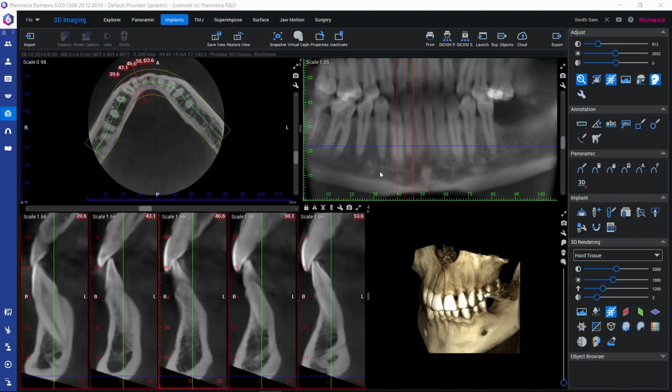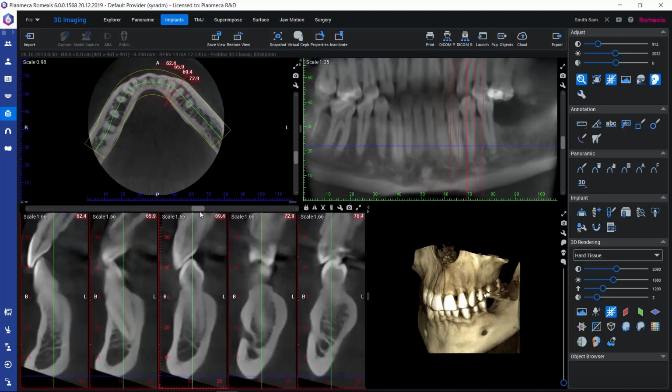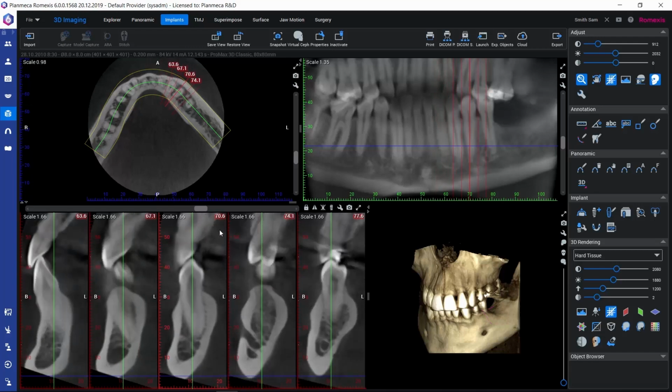So for example, if we can recognize the nerve canal well here in the panoramic view, we could mark the mandibular nerve there. Often it might be more accurate to mark the nerve here on the cross-sectional slices, so we could start by browsing these cross-sectional slices until we find the opening of the nerve canal, like this. Then we could just activate the nerve marking tool,